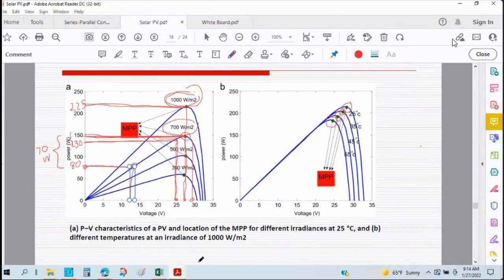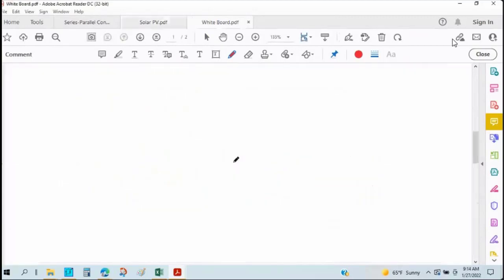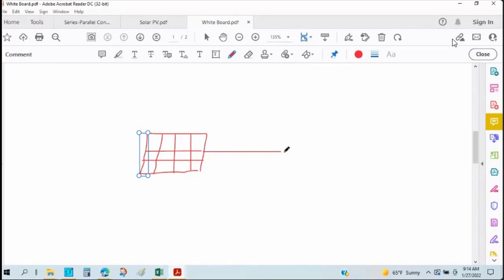Now I'm going to explain the circuit to extract the maximum power from the solar panels. Suppose we have solar panels here, and what we will do is use a